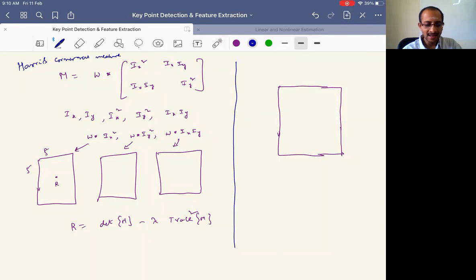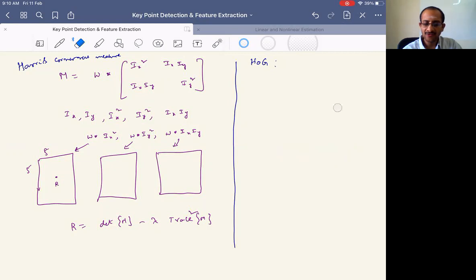The other aspect we started discussing is the histogram of orientation gradients. This descriptor also you should be able to compute for a given image. If an image is given, the histogram of orientation gradients involves first finding the gradient, that is the X and Y gradients, then finding the angle of gradient, and using the angle of gradient to find the histogram. So if an image I of X comma Y is given,